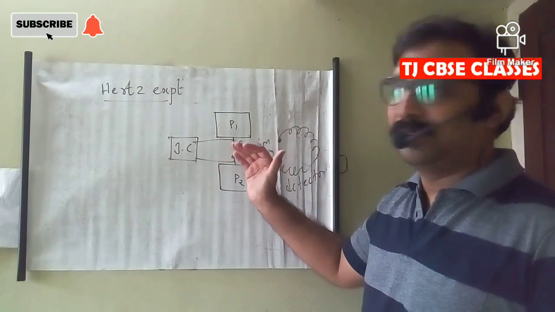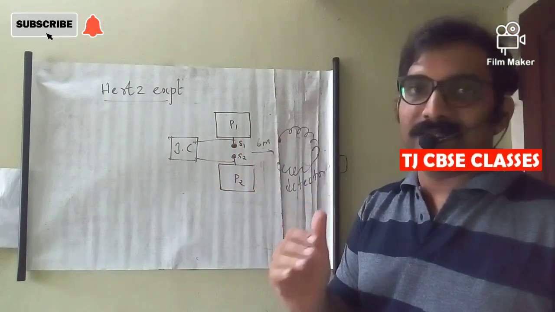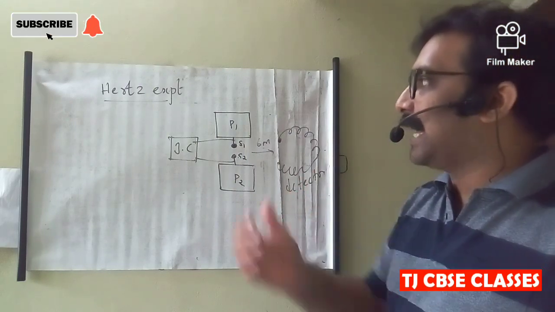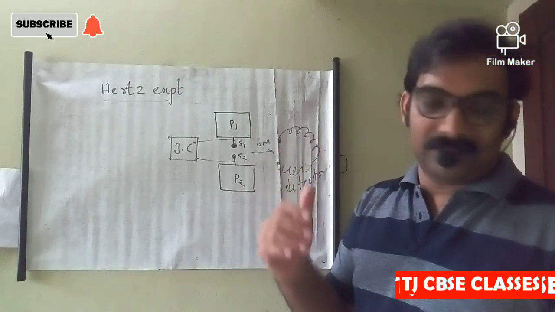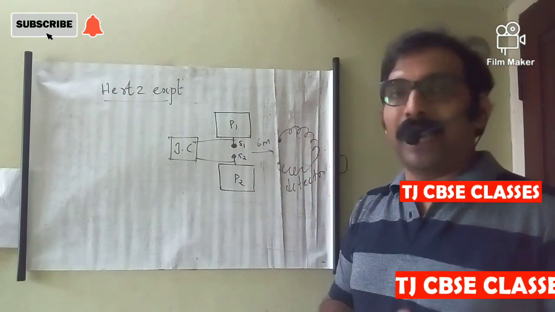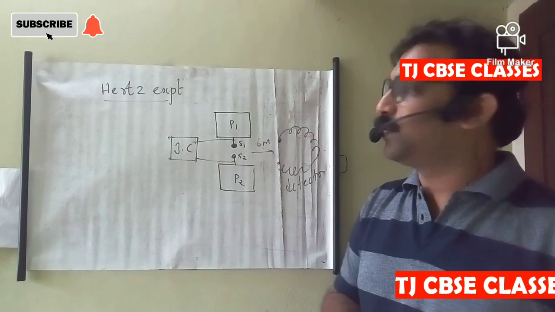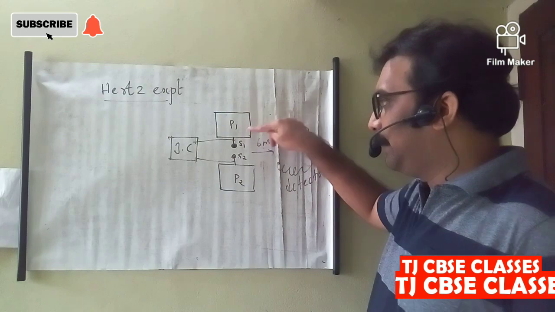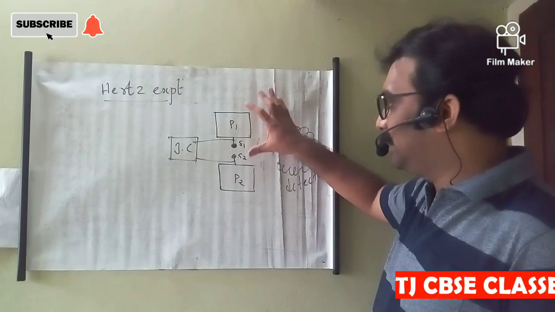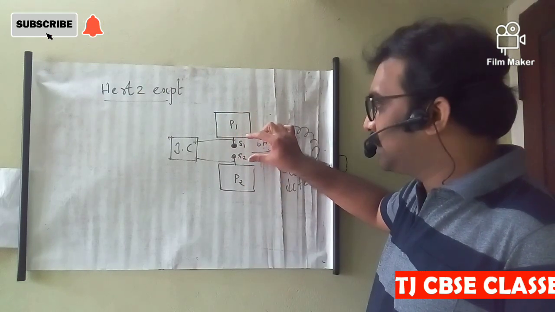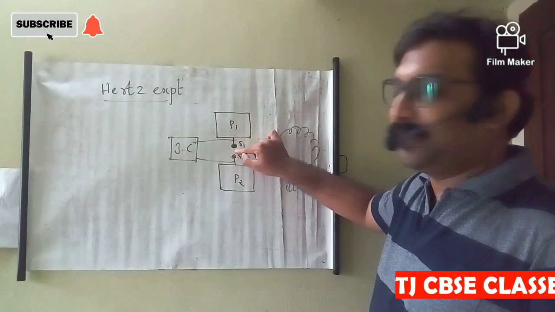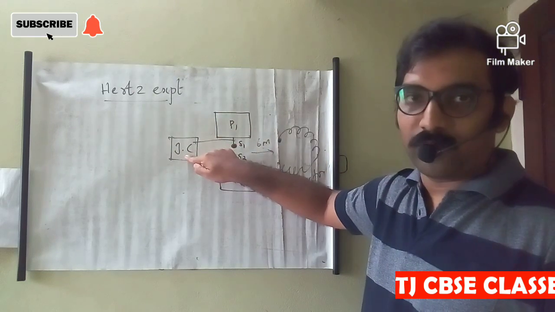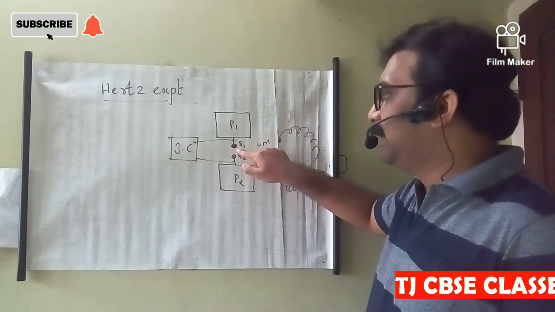It is used to confirm the presence of electromagnetic waves. Actually, the presence was predicted by Maxwell, but it was confirmed by Hertz. This experiment consists of two plates, P1 and P2, and these two plates are connected to two spheres, and there should be a small gap between these two spheres, and these spheres are connected to an induction coil for providing high voltage between S1